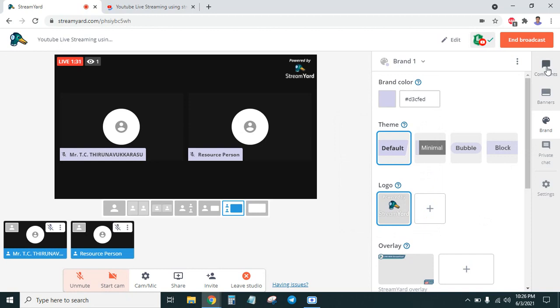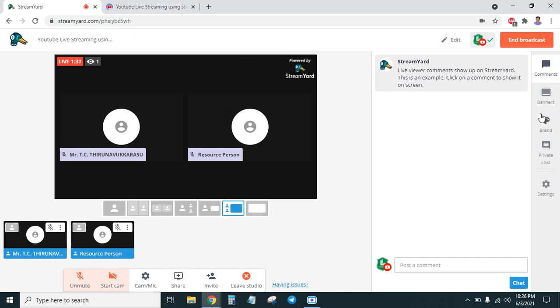From here, we can see the live chat from YouTube. Those who are typing or asking questions in the live chat will automatically be displayed. You don't have to go to YouTube to see what they are saying in the comment section. Everything will come here, so you don't have to worry about the comment section or questions from the users.